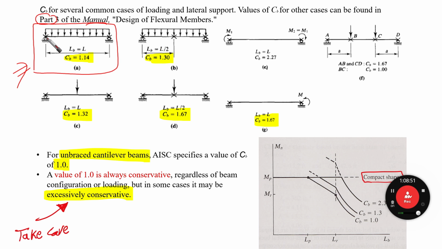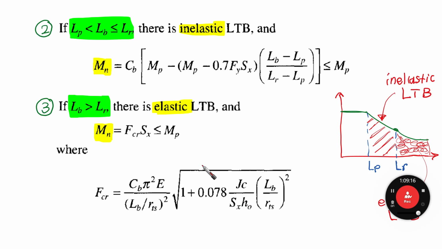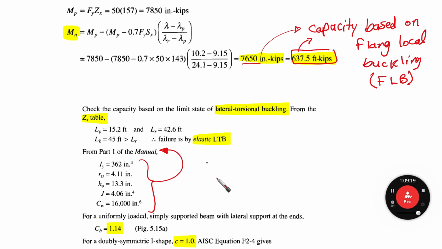Okay, so we have simply supported, braced, take care, braced at the supports, because maybe we can have another bracing in the middle. So CB is going to be totally different than CB here. Okay, so our case is CB equal to 1.14, uniformly distributed load, simply supported at the ends and braced at the ends. Okay, now we have CB equal to 1.14. Okay, for doubly symmetric I shape, C equal to 1